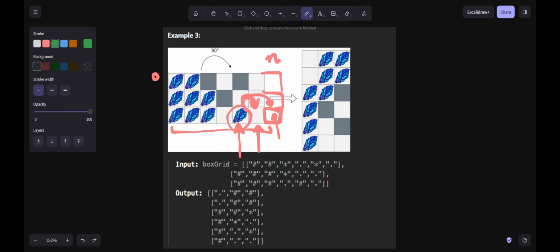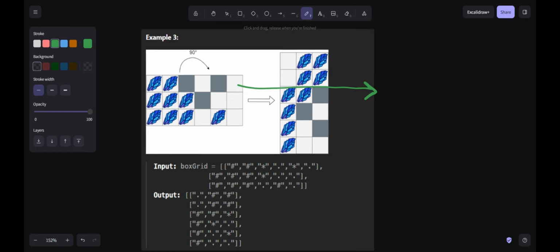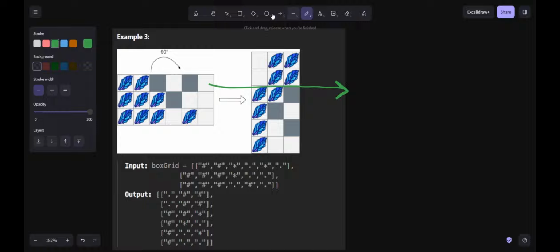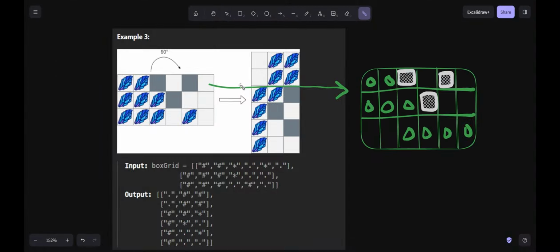So what I'm doing here is first applying the gravity operation, and then rotating the actual answer, right? So when I do that in this particular matrix, what will I get? I am done with all the gravity operations and my matrix becomes this. After my stones are done falling, they come here and rest here, right? So I have my matrix, but now it's not rotated by 90 degrees clockwise.